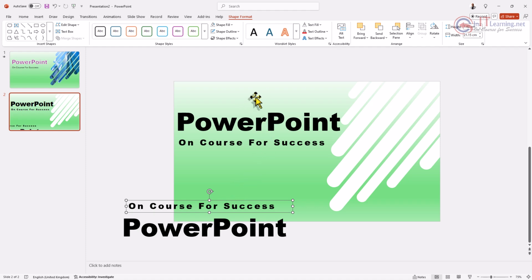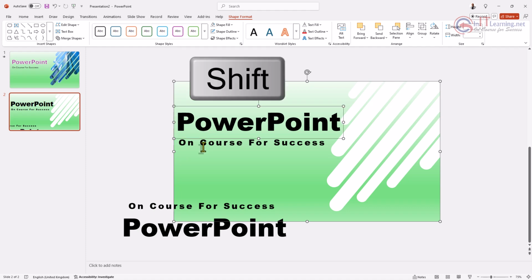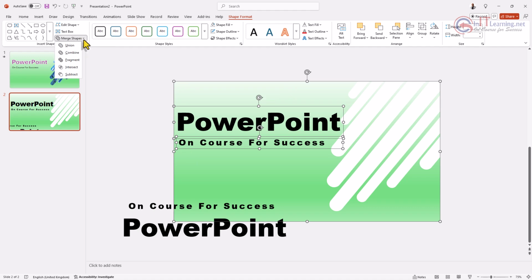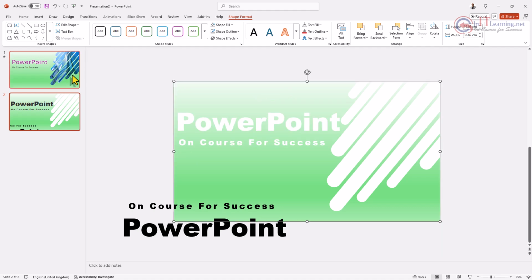So now we're going to do the same. We're going to cut this out, so click your background first, that's the rectangle in the back, then hold shift down, select your text placeholder for both of them, and then come up to merge shapes and subtract. So basically you've now cut all of that shape out of the background. Now what I'd like to do is bring this